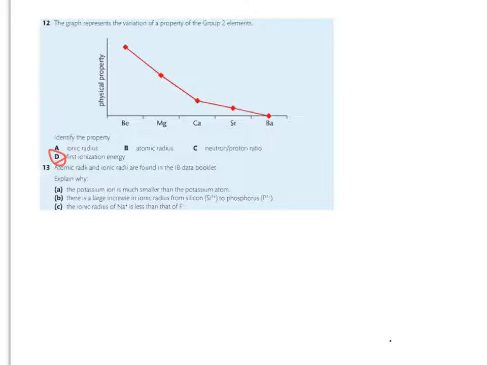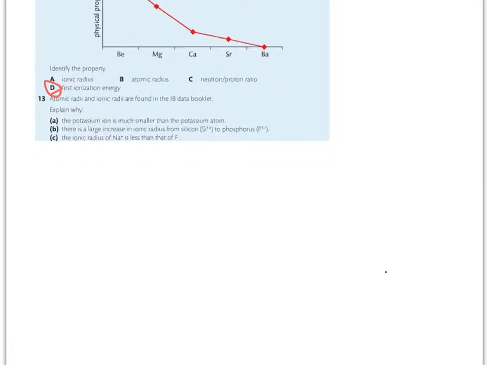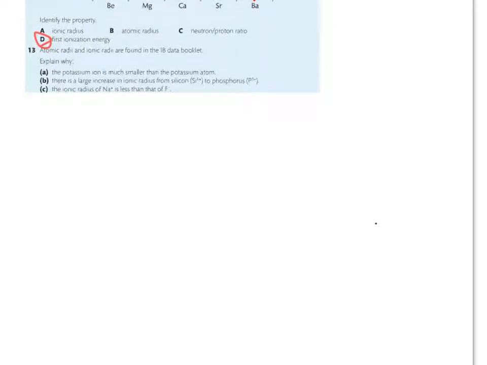Number 18, atomic radii and ionic radii are found in the IB data booklet. So they want you to explain 3 different things here. So taking a look, A says the potassium ion is much smaller than the potassium atom. Well, K versus K+ is going to be